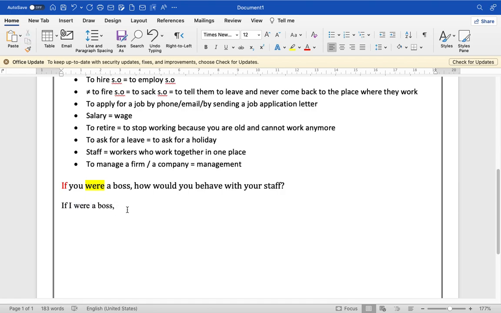And part two, we're going to use would again in the answer. So there it is. I would. This is the main clause. I would. And then would is a modal verb. So after that, we are going to add a verb in the infinitive form. We already have the verb here, which is behave. So I would behave, for example, in a friendly way,